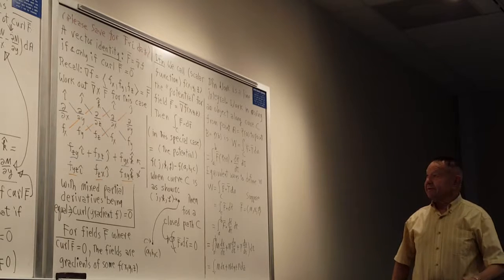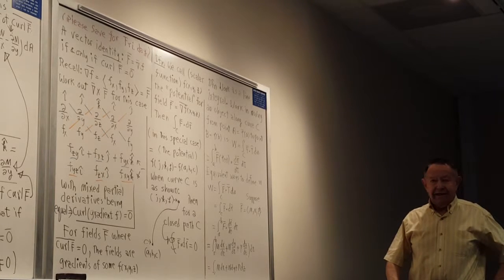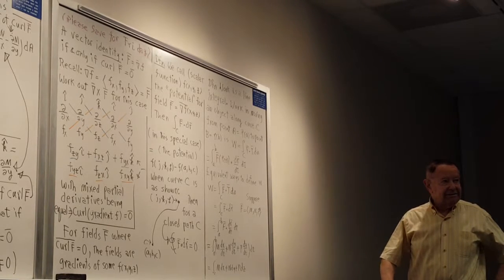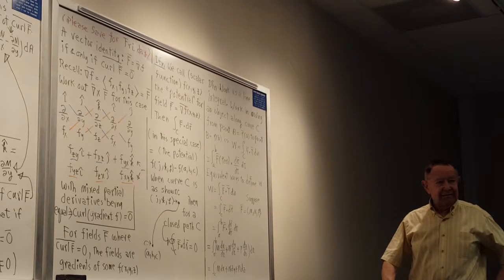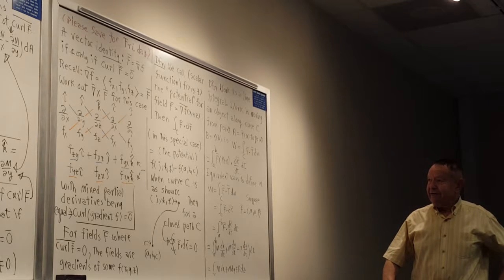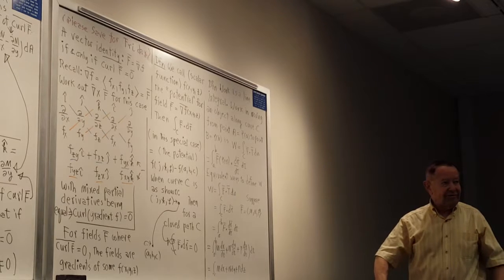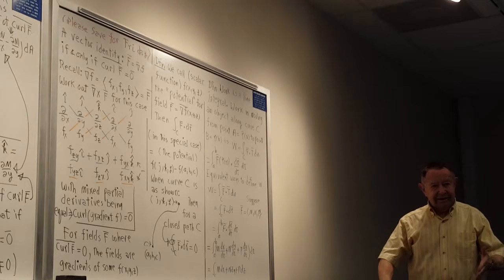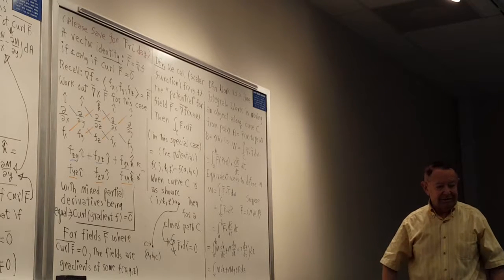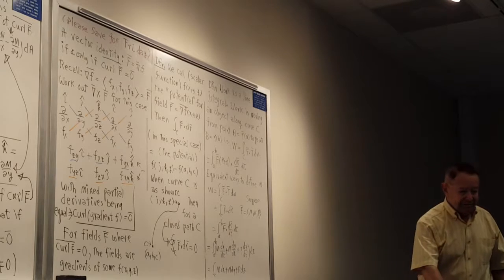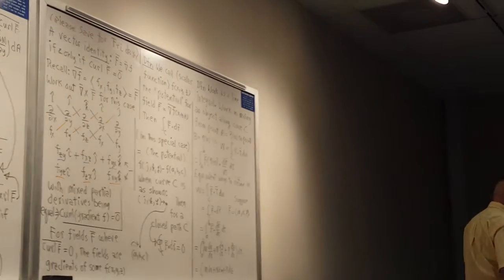So we can interpret the line integral as work done moving something in a field from somewhere to somewhere. If you have a field for which the curl is zero, then there is this potential. So gravitational fields are like that. So that means in a gravitational field on a closed path, the work done is zero. In other words, it means that